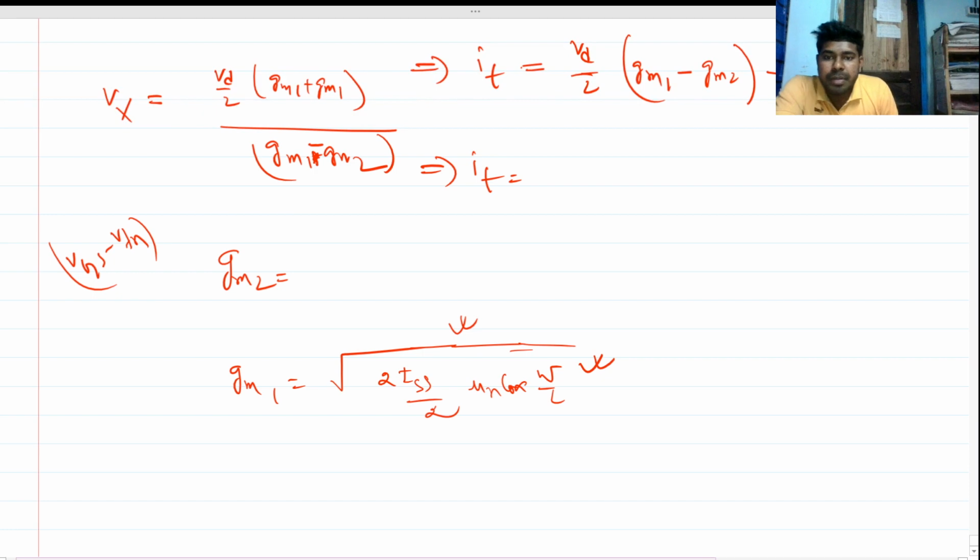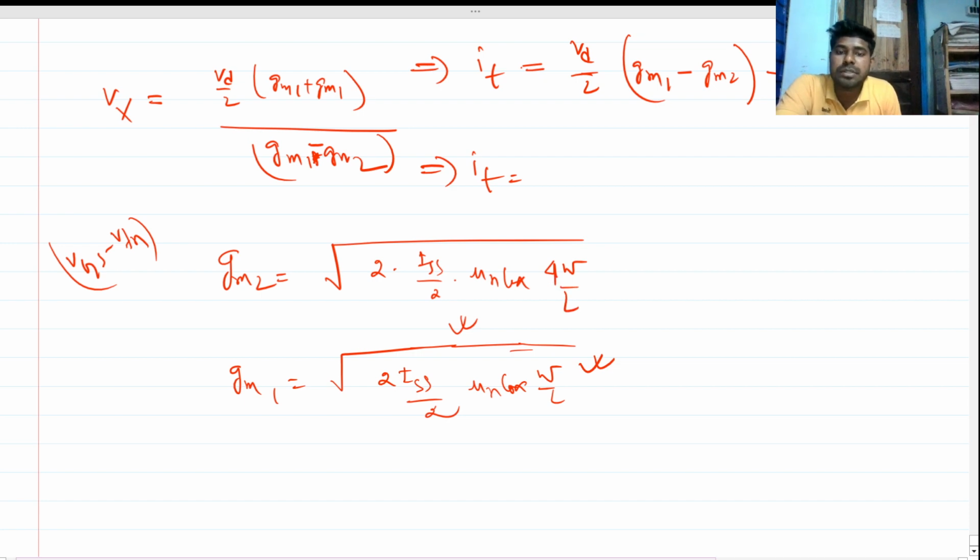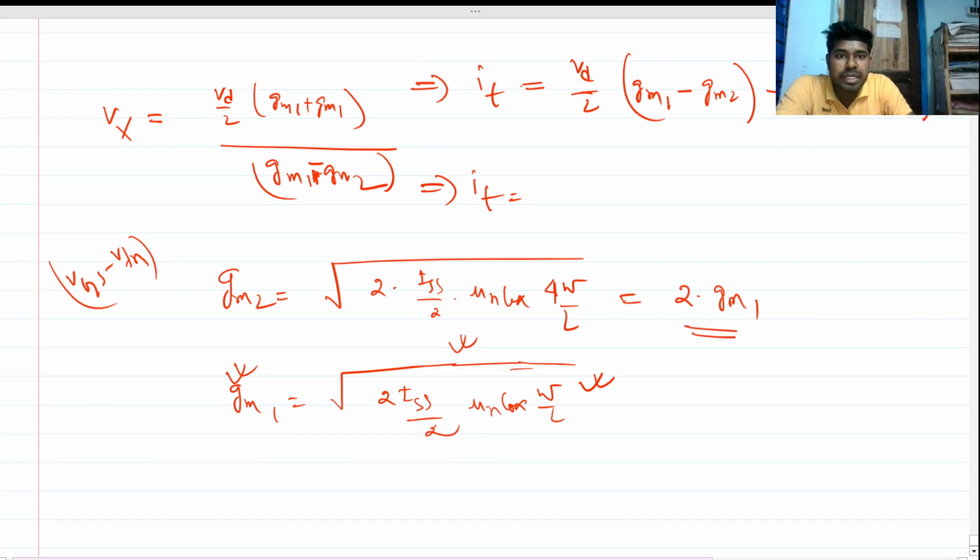And Gm2 is nothing but root of 2 times ISS by 2 mu n Cox, and this will be 4 times W over L, right? Because the size is 4 times, so this will be nothing but 2 times Gm1. Okay, so this is our Gm1, right? And it is given in our question. So 2 times Gm1 is Gm2. So now put here,